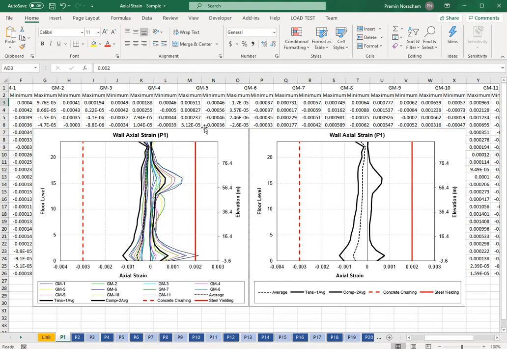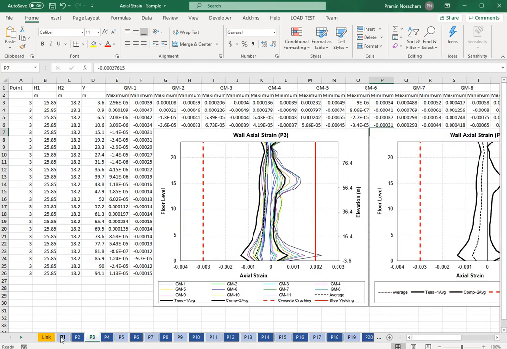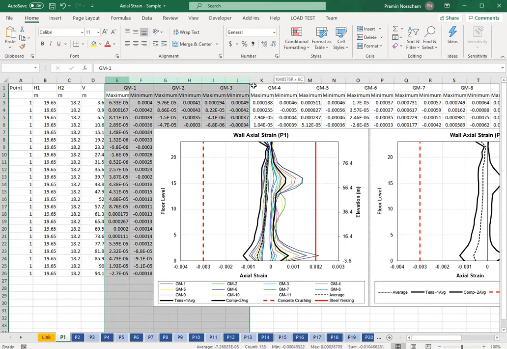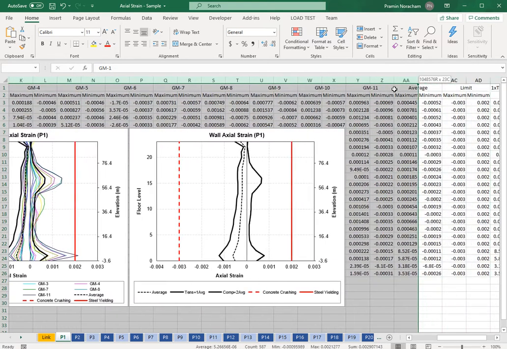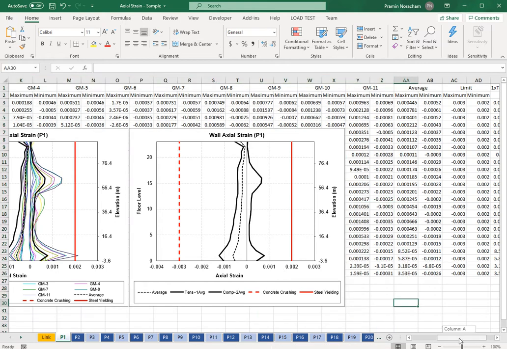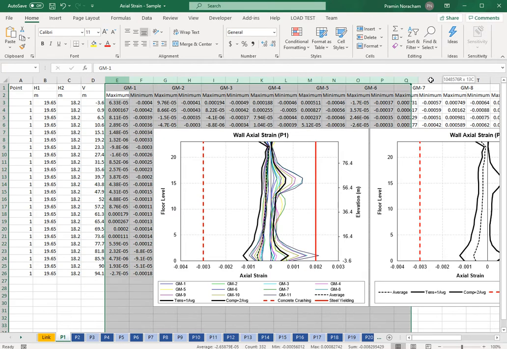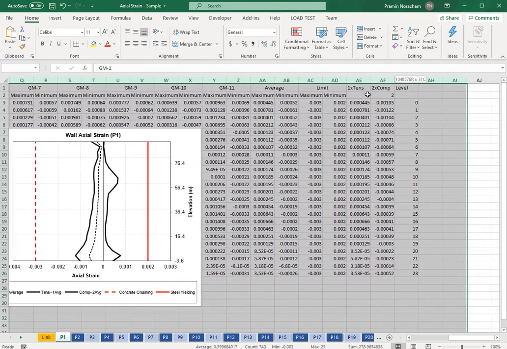Similar to the other result summaries, they will have two graphs. Actually, based on these two graphs, the results are exactly the same. But this graph removes the other ground motions, remaining only the average and the limit. If you have to prepare it by yourself for each location, it will take a lot of time to do the average and also to plot the graph. If you let PX do this tedious task for you, it will be easier and faster.